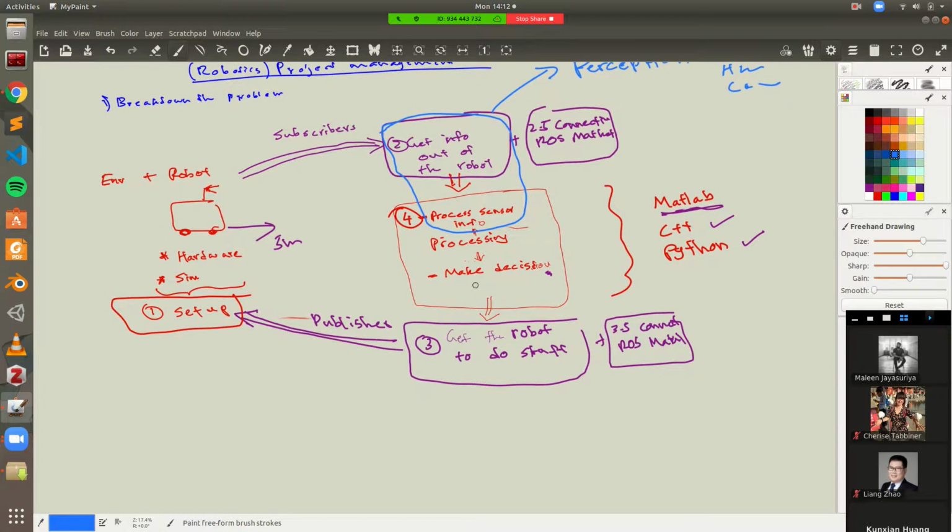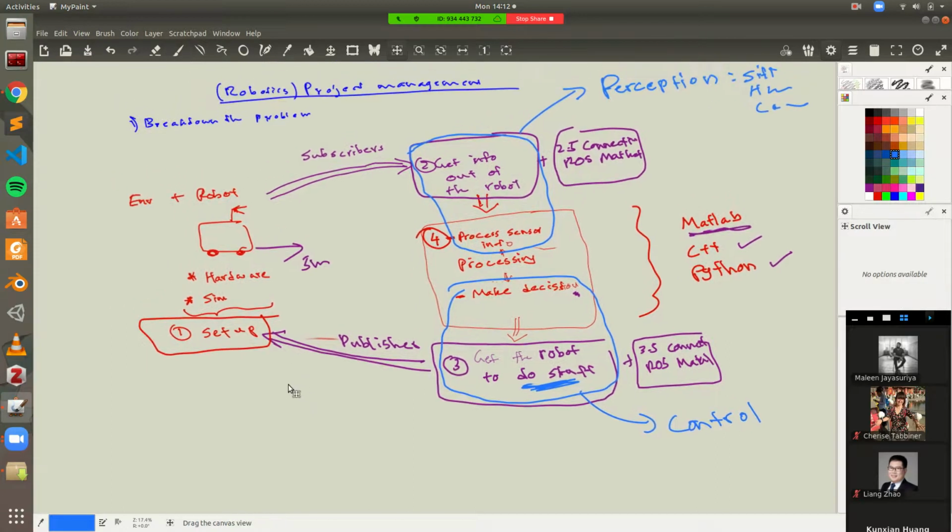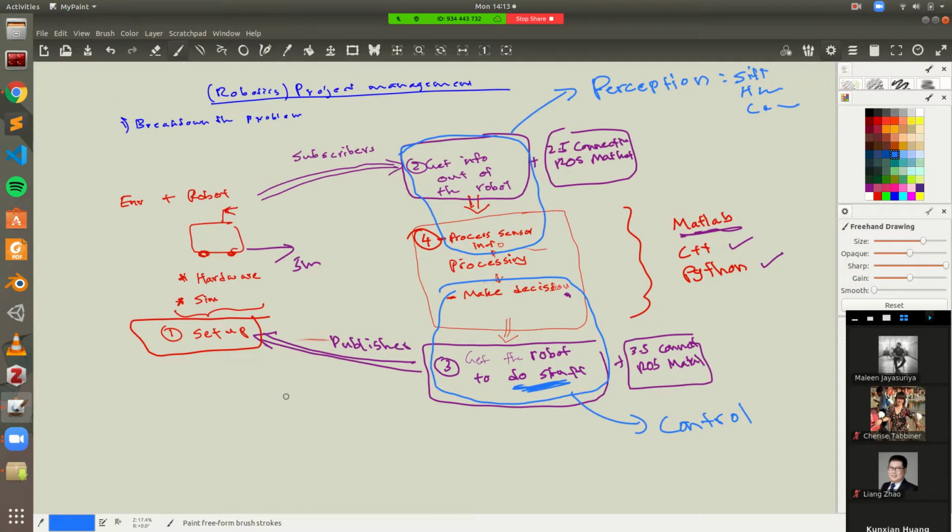Then you have the decision making part, and once you make the decisions, the part where you're trying to get the robot to do things, right? That's where the control aspect comes into play, right? So once you've made the decisions and you want to get the robot to do stuff, that's where the control aspect comes. And so when you're talking about control, we haven't really looked at control much yet in the course, but you don't have to worry too much,